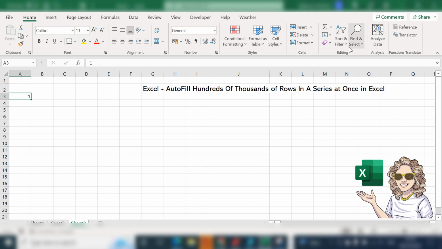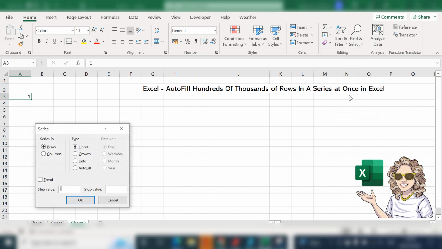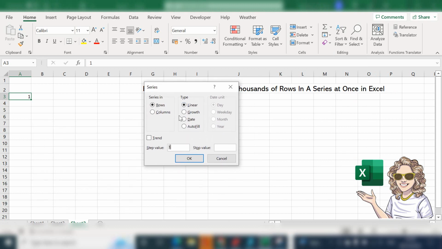And the next thing we do is go to the editing tab and the fill option, and let's look at series. So here we have a few options. We can fill rows, we can fill columns, we can use a linear, and let's say we want to choose to fill down a column with a step value of 1, so each cell will increment by 1, and let's put that up to